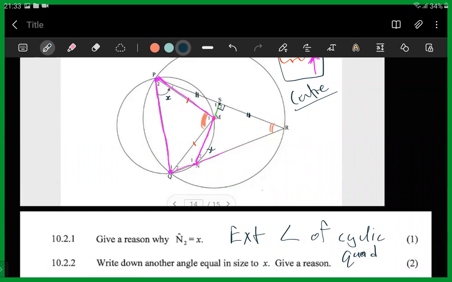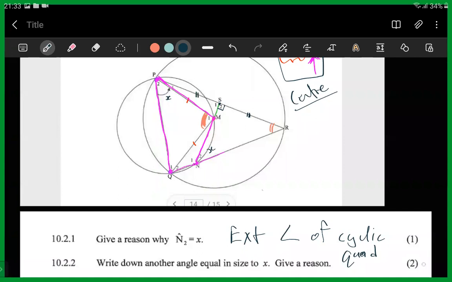Two, theorem 3, looking at this paper. Okay, now I get you. I understand. So this one we can leave out for now. It's fine. But anyways, the reason why N2 is equal to X is because this is an exterior angle of